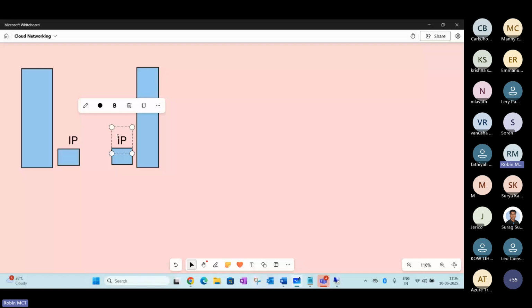If you just select your solutions here, you may be able to see the resources available. You can see that IP version 4 and IP version 6 are available here. What is the difference between these two?